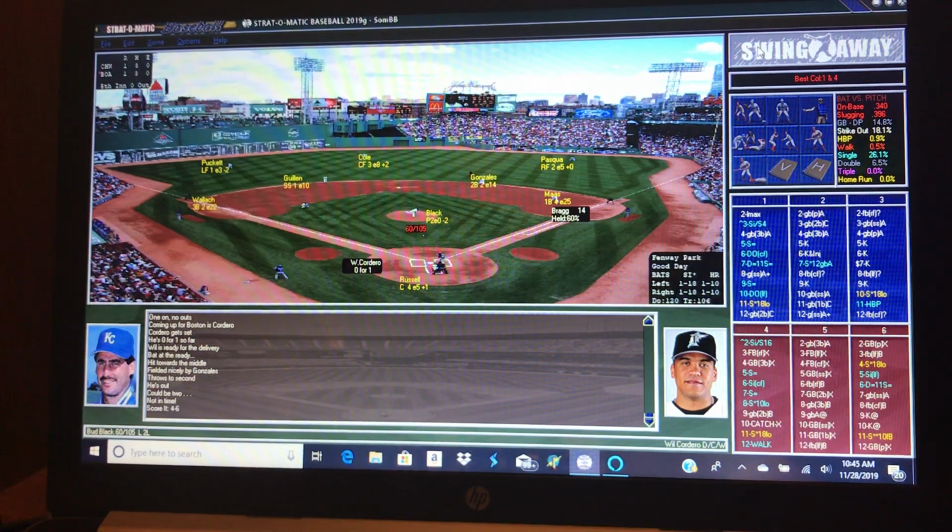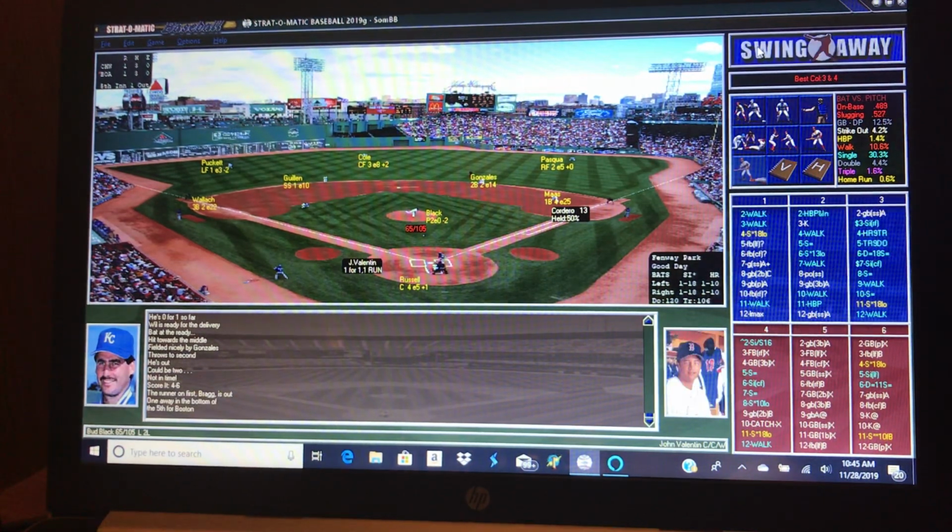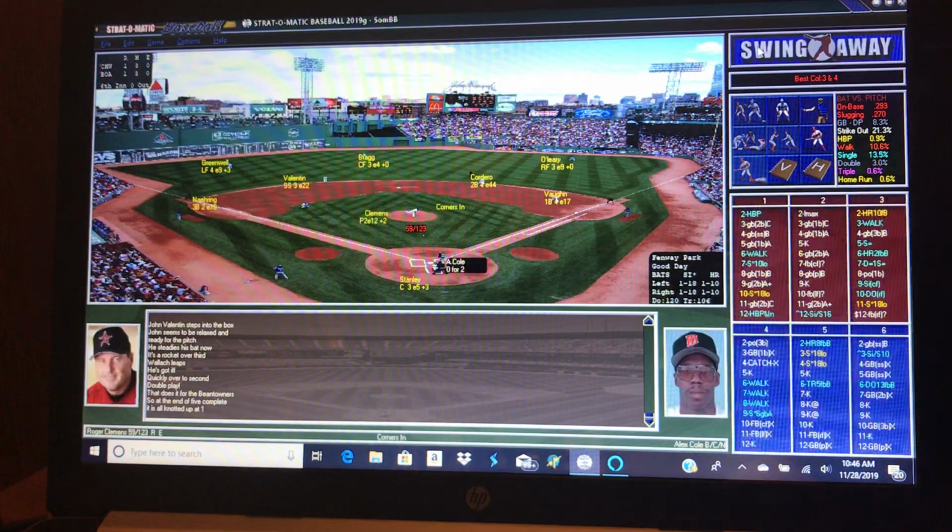for the injured, who was it? Valentin, maybe? Cordero moves to second on a wild pitch, and Valentin's still up at the... No, not Valentin. Naring? I don't know. I forgot. So that's it. Alex Cole's up in a 1-1 game, top of the 6th, against Roger the Rocket Clemens.